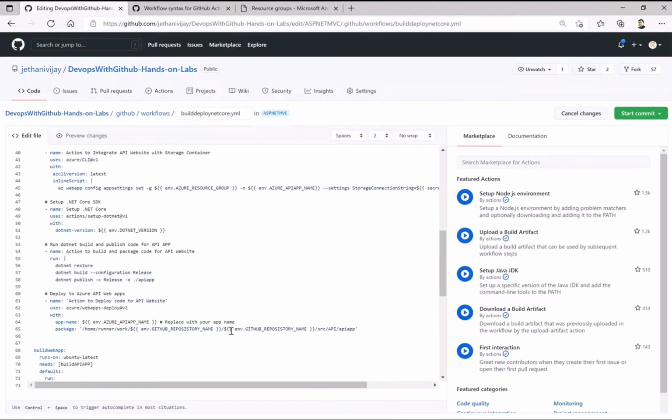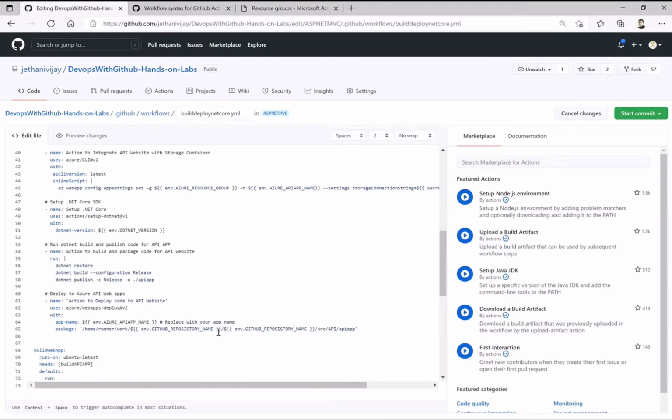the API web app. Now the way it works is, as I'm being very specific on the folder structure, I have to give it a specific hard-coded name with a change in the directory. The way it works is the way my code is actually transferred to the GitHub runner. Home runner work is the default which you will see, and followed by that will be your repository name.